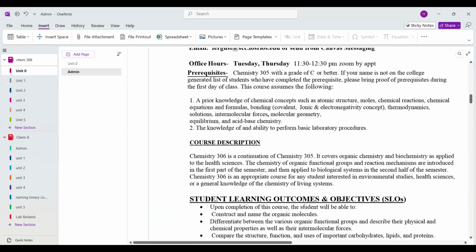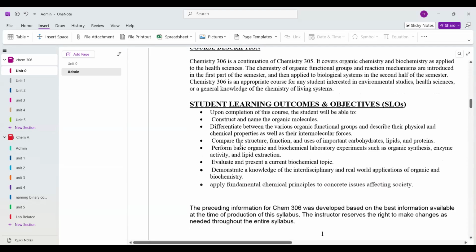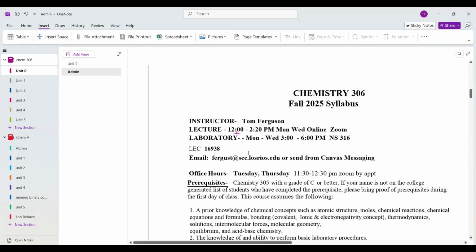Also, there are student learning objectives here that students don't care about, and this is important when you're having a prerequisite for a class at another school. Usually they want to see the syllabus to make sure that the learning objectives match their learning objective requirements at their end. But as far as the students go, this is not all that pertinent.